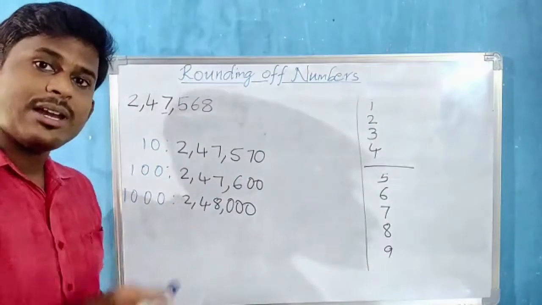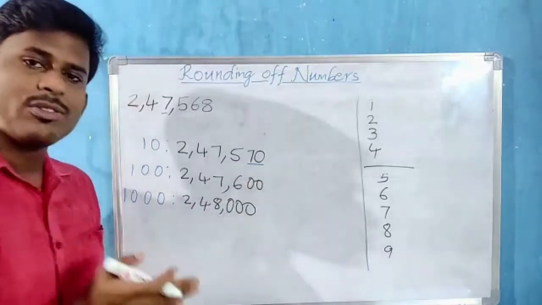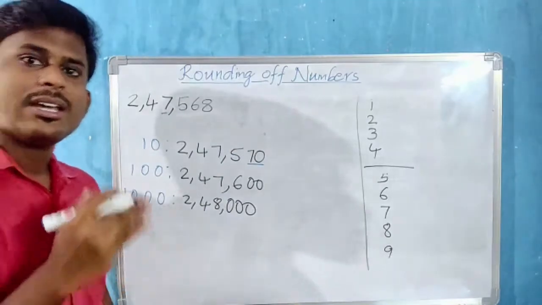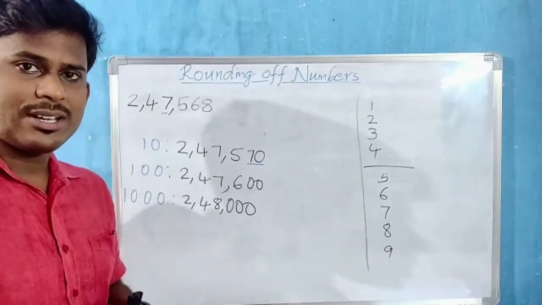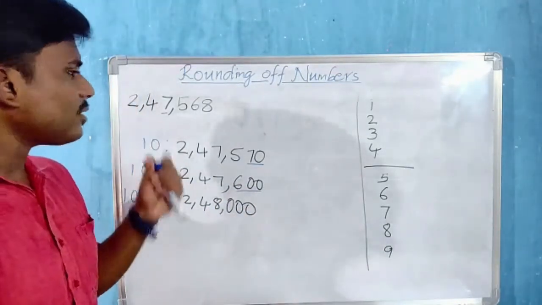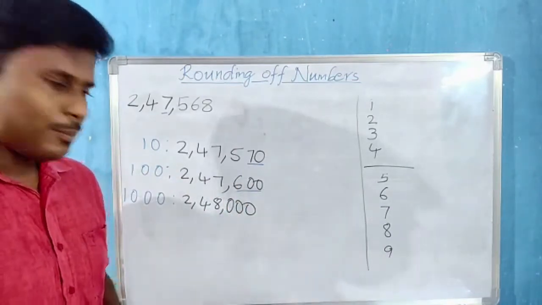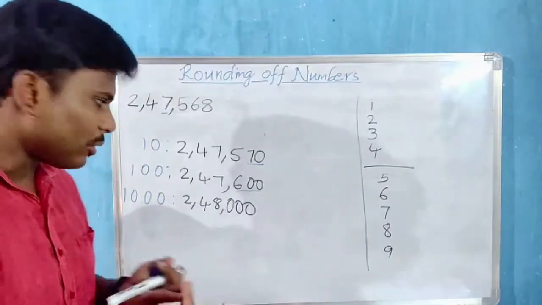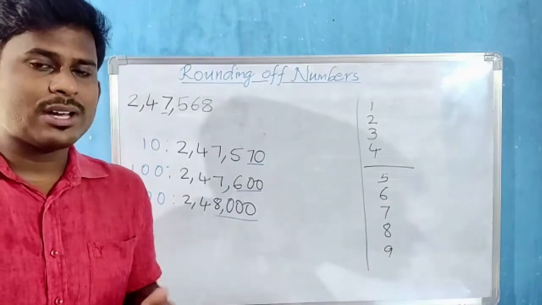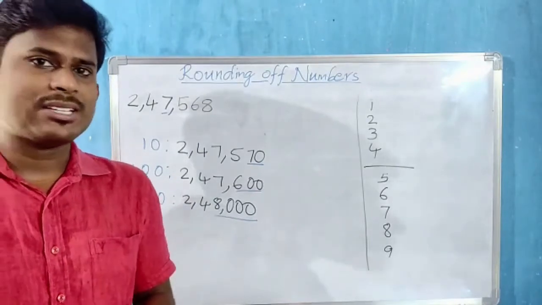Now let us compare this with the number line. When we are talking about nearest tens, 68 is near to 70 on the number line. When we are talking about nearest hundreds, 568 is near to which 100? 500 or 600? 600. So 600. Now 7568, when we compare on the number line, it is between 7000 and 8000. So it will be near to 8000. So we have rounded off in this way. So these are the rules for rounding off the numbers to nearest tens, hundreds and thousands. Now let us go for the practice time sums.